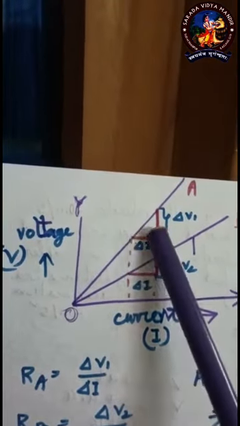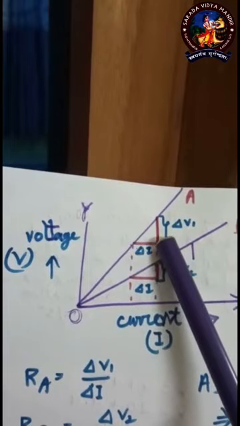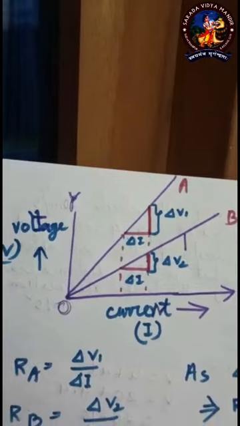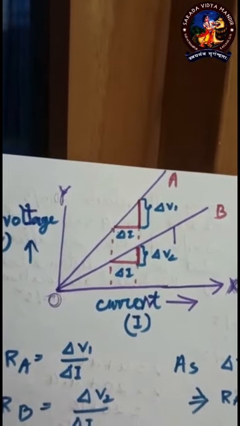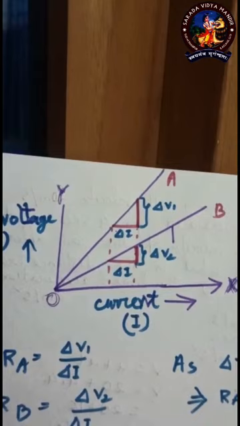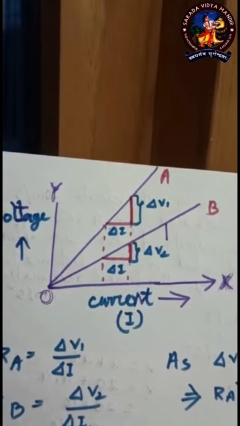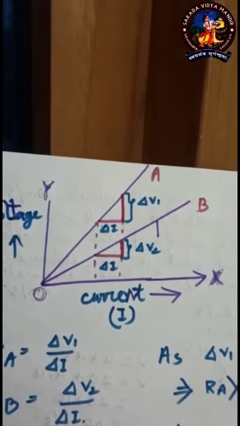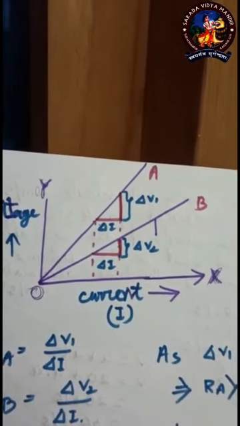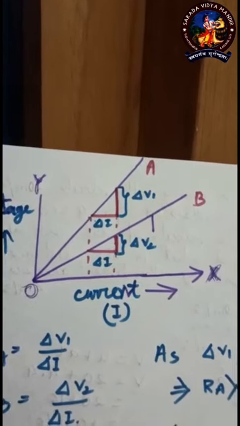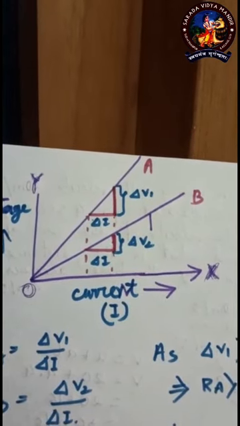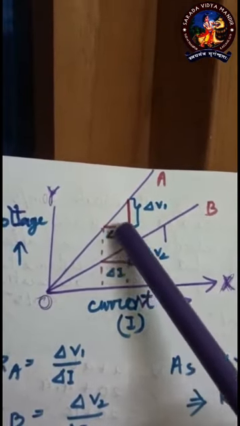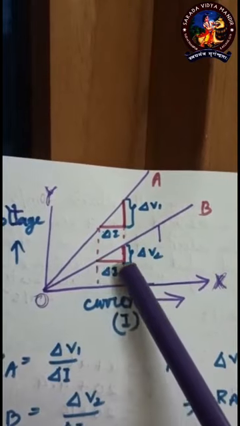Suppose we have a very small section del I, and the del I portion is the same for both the graphs, because if I want to compare slopes for two or more graphs, then at least one thing I must keep the same, either numerator or denominator. Otherwise, if I am changing both things, obviously I cannot compare the values. So I am taking the denominator part to be the same, that is del I the same. So for the section I am taking, you see this del I are the same.